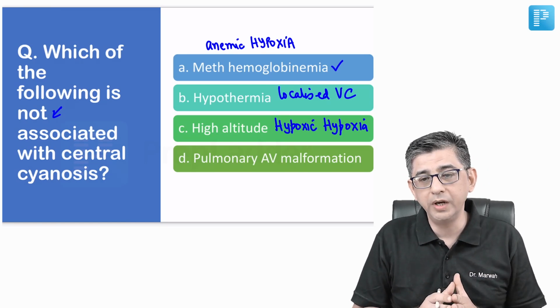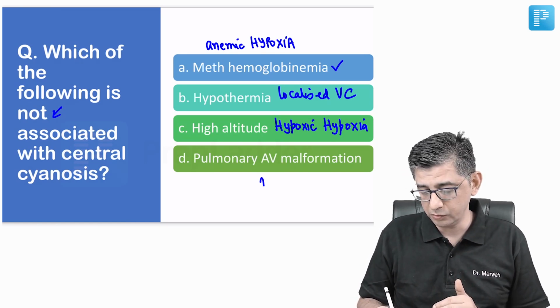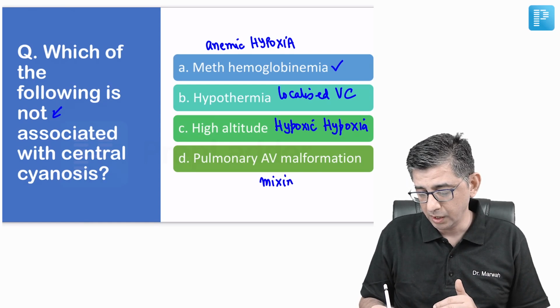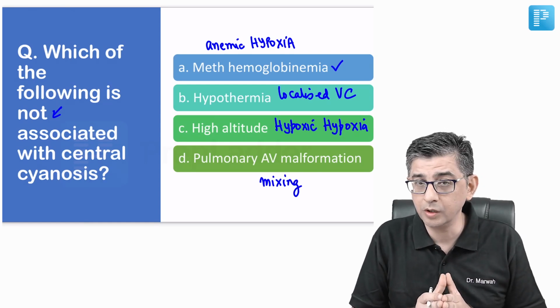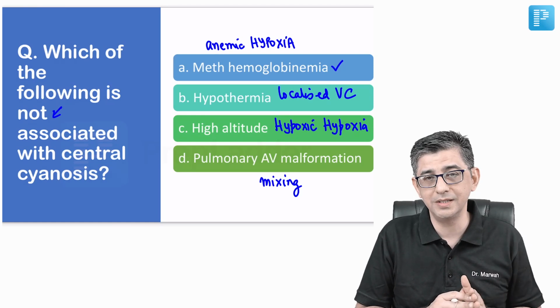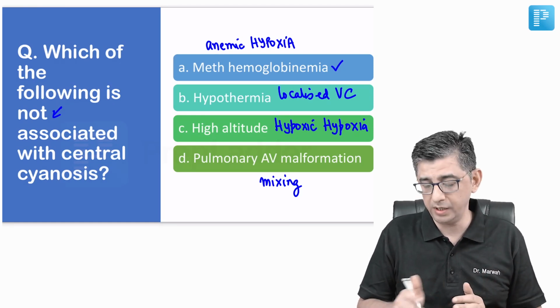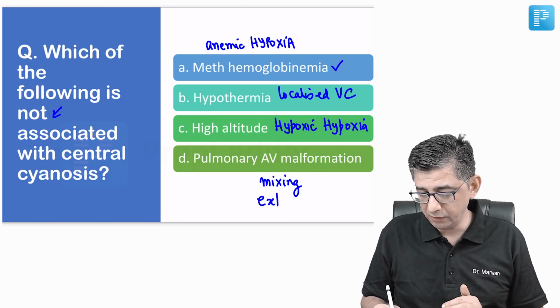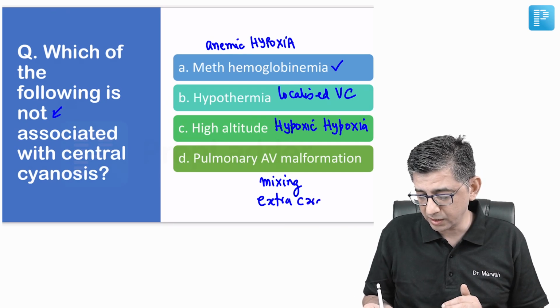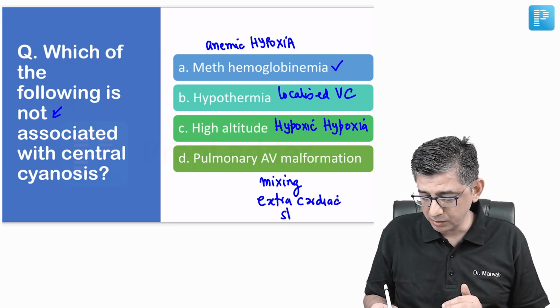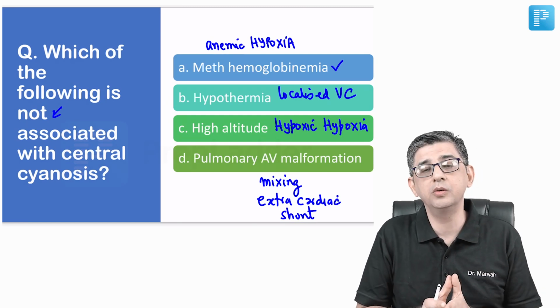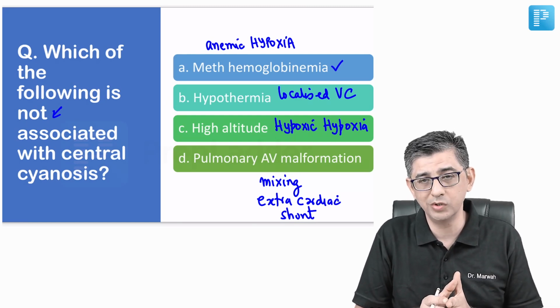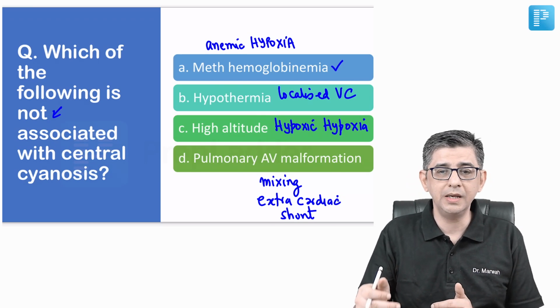When you look at option D, pulmonary AV malformation, this would be responsible for mixing of blood. Traditionally, we read about mixing of blood with respect to cardiac heart diseases, like right to left sided shunt. Pulmonary AV malformation is an extracardiac shunt, and this is causing mixing of blood, and you very well know that mixing of blood contributes to central cyanosis. The message is that options A, C and D